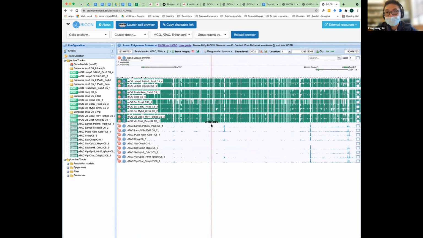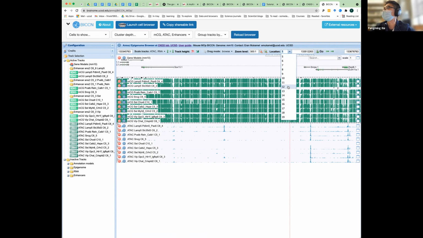And if you have a particular location that you want to look at, you could type in the genomic coordinates. That is on the top panel of this browser, where you have a location menu. 1 means we're on chromosome 1. And you can choose from 1 through 19, X, Y, M, because this is the mouse genome, which has 19 autosomes.